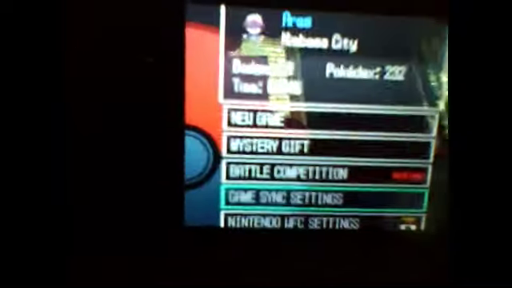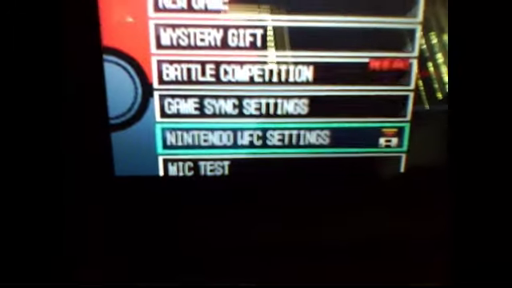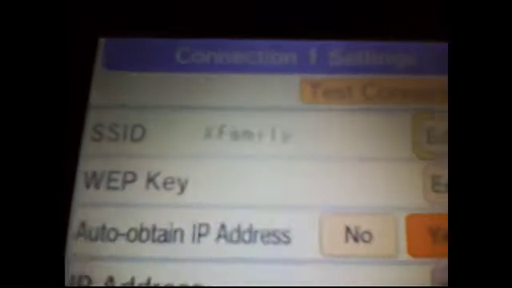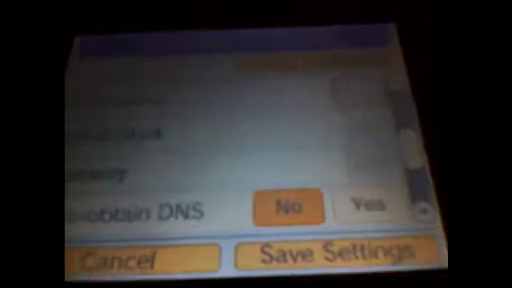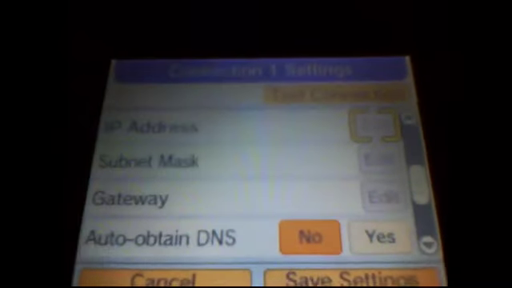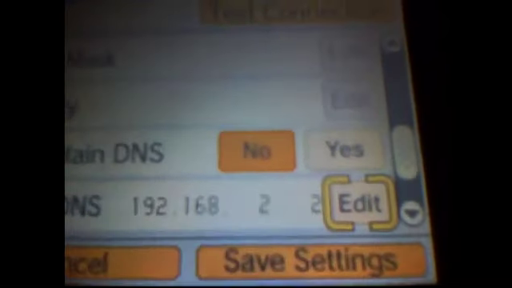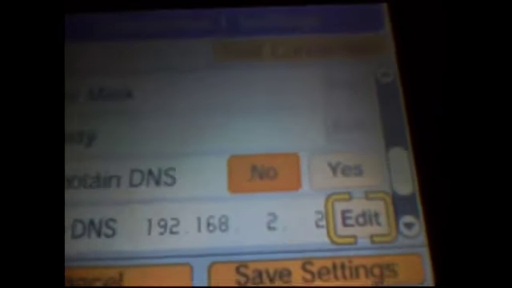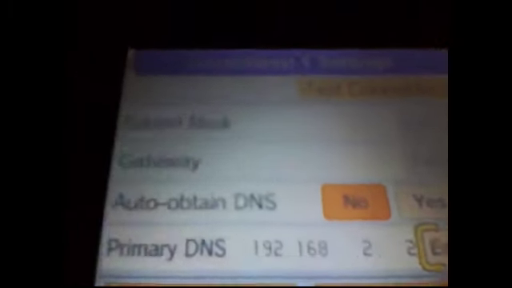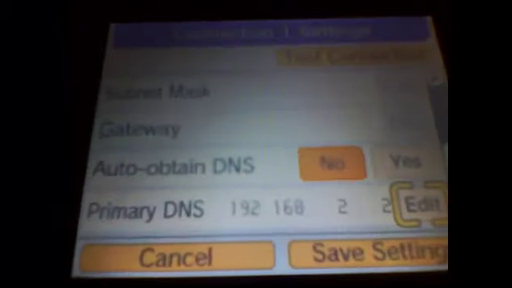All right, guys. So here we are on my Black. You just go into Nintendo Wi-Fi connection settings, and remember that primary DNS thing it was telling you about. You go into your connections, scroll down until you get to auto obtain DNS. Normally it should be on yes, but then you go to no, and then you put in the primary DNS, 192.168.2.2, whatever it is that it told you. Mine is this. I don't know what yours is, but then you type it in, go to OK,